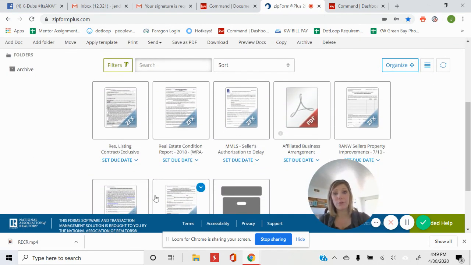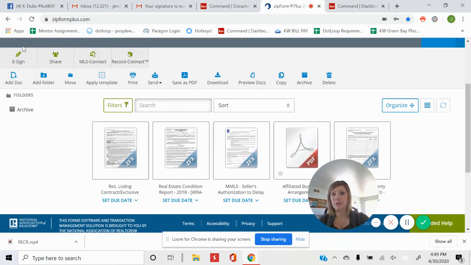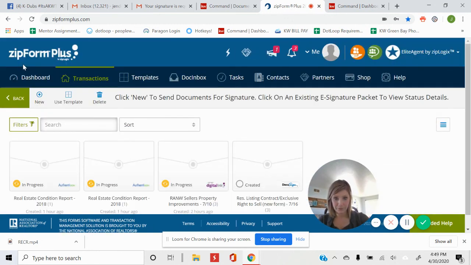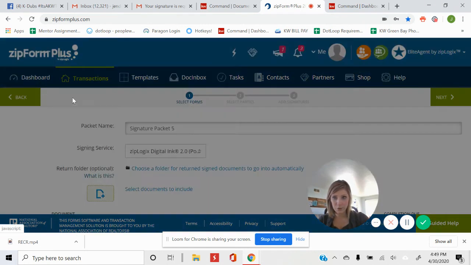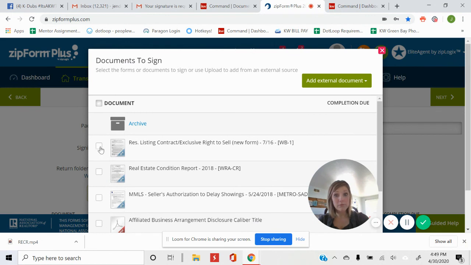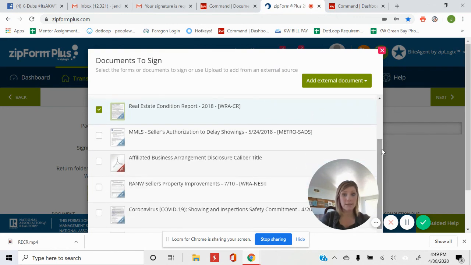If you go to e-sign, now I can click on, these are the ones that are already e-signed, new. Okay, so let's say I want the real estate condition report. The addendum S and the property improvements, those are very similar in that it doesn't allow real estate